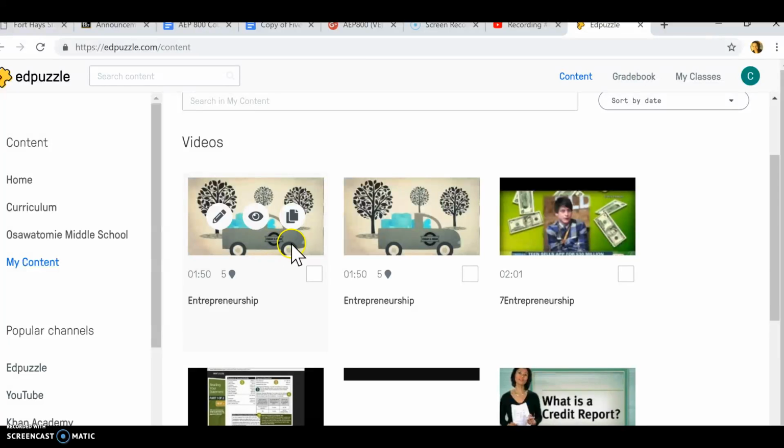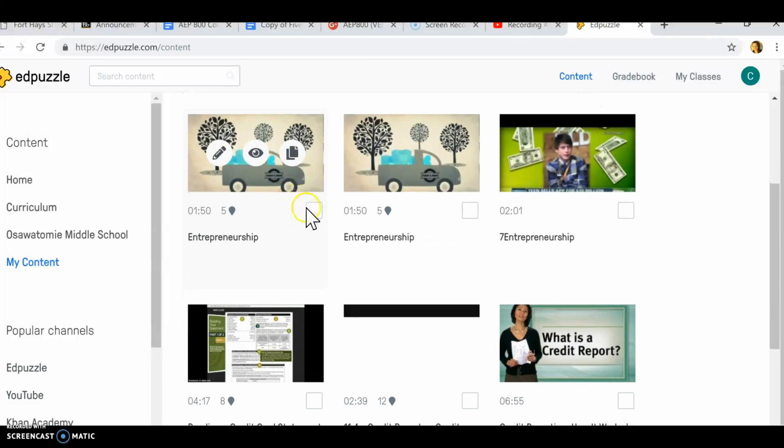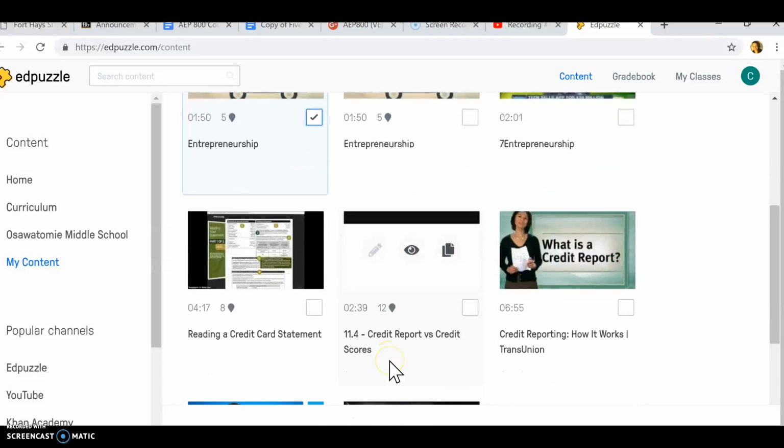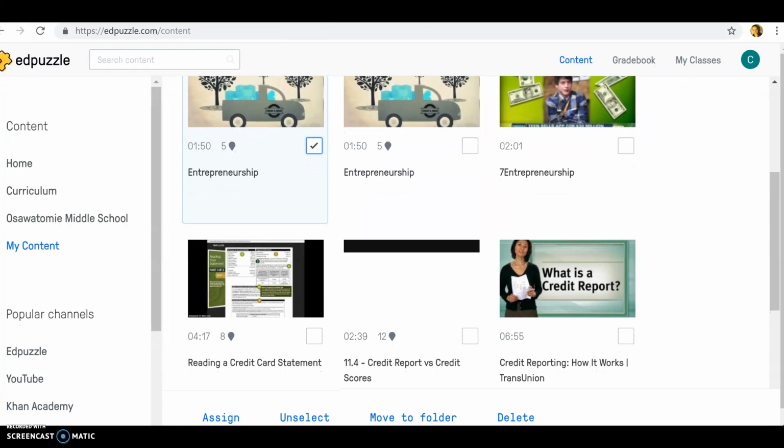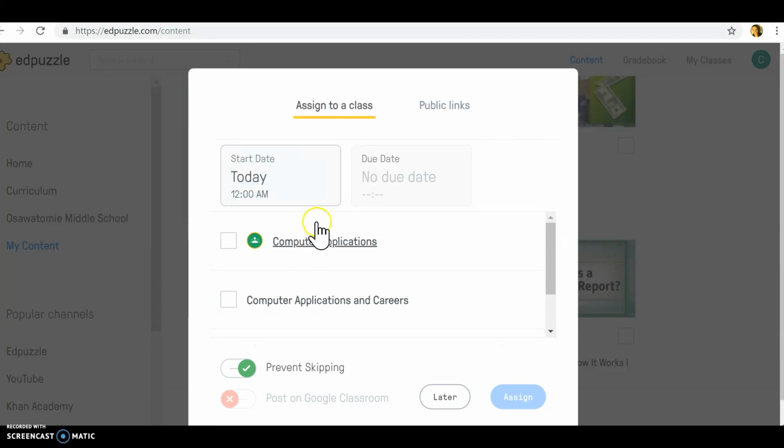it's really easy to assign to the kids. I just check mark it, and then, let's see, I don't think you can see. There you go. So down here it pops up and you just click assign, and I have it linked to